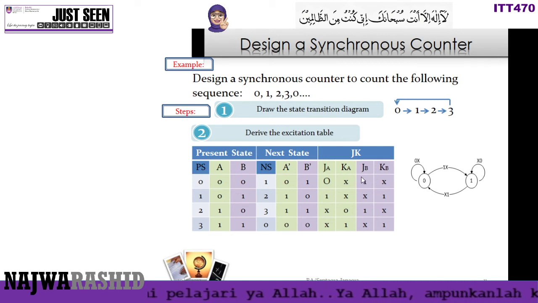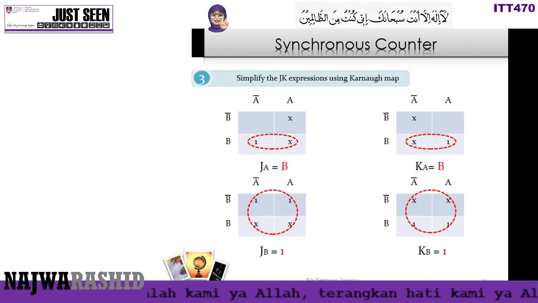Inside your K-map table, you must map all the number 1s and the don't-care terms. So your K-map looks like this. Map all the don't-care terms and number 1 outputs, and then draw the loop in order to simplify the